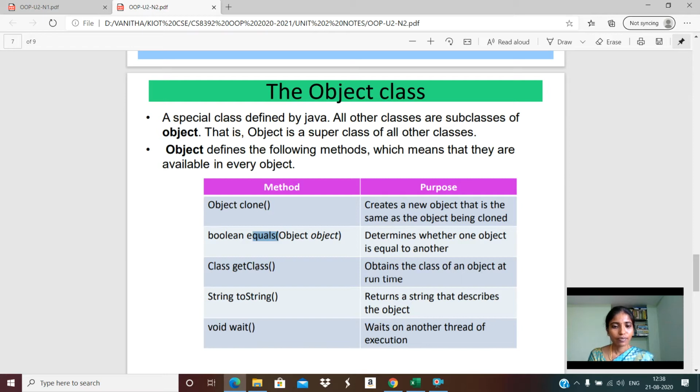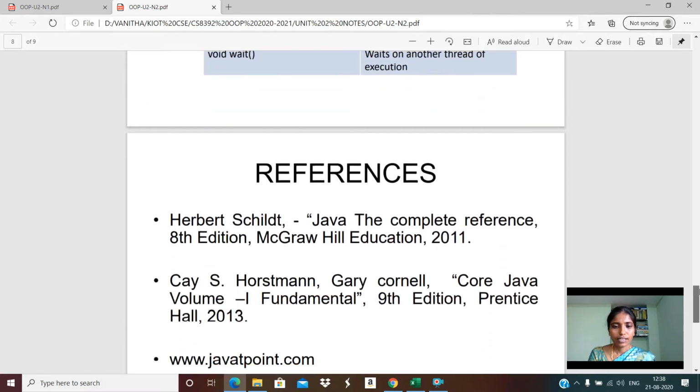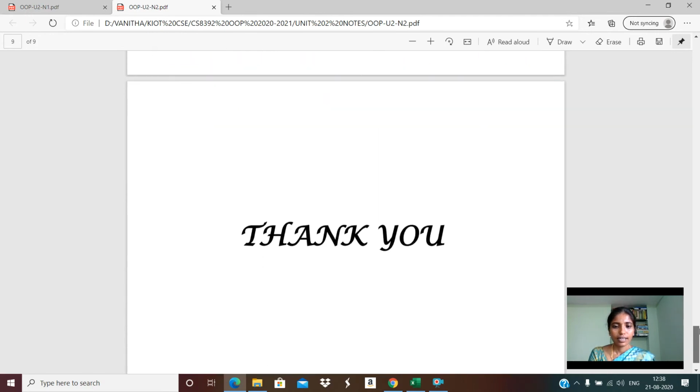Then getClass, which is used to return the class of that particular object. And likewise we have these other methods inside the Object class. These are the references. Thank you.